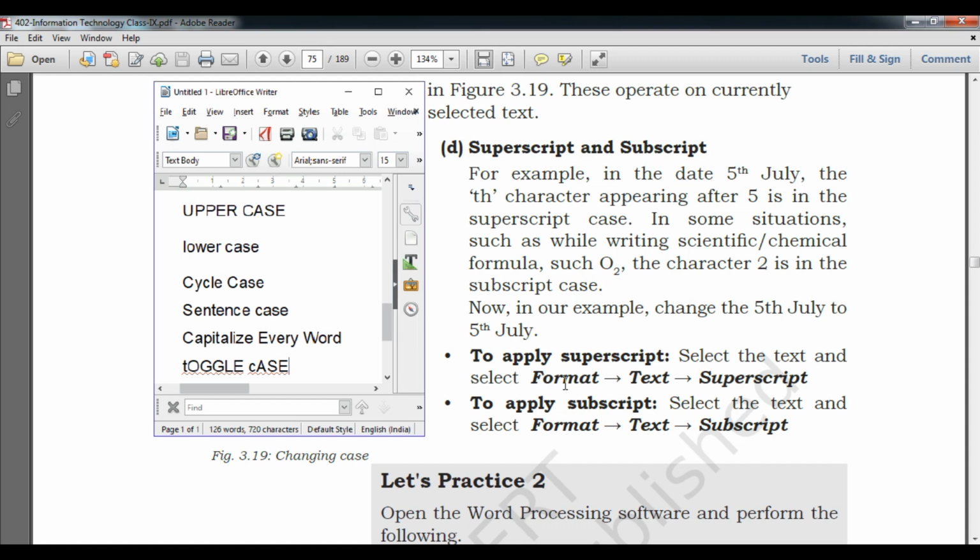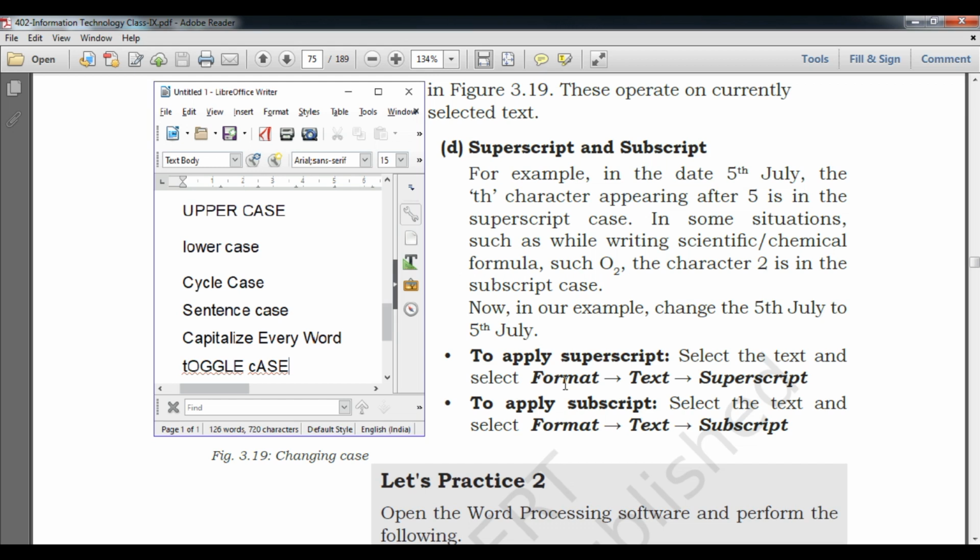Okay, so we will talk about the cycle case. Actually cycle case is outdated at this time because this particular version, that is 4.1.7, is not supporting this one thing, cycle case, but I will tell you what that is. So cycle case is actually random, you can say a special type of case in which any type of case it will select. Okay, it will keep changing case, you can say.